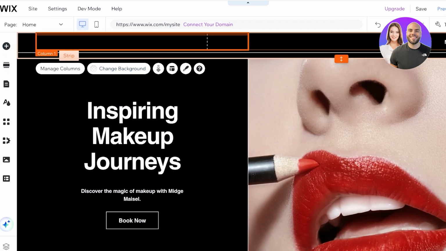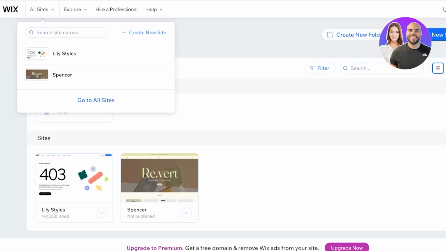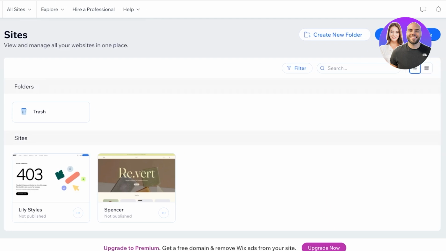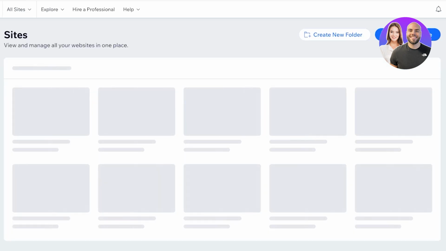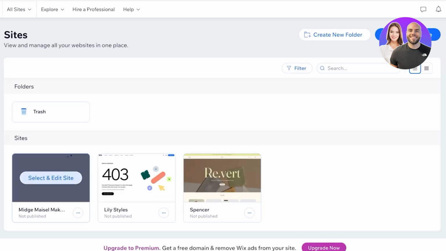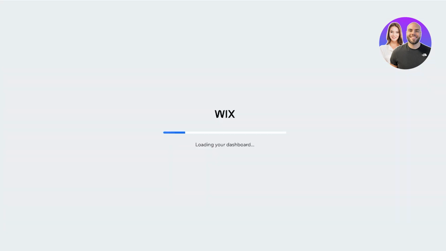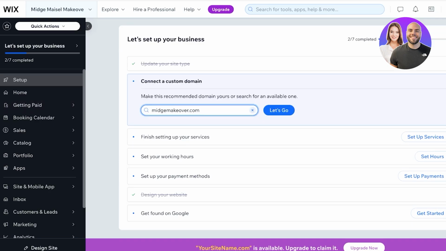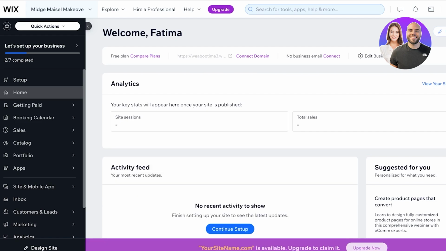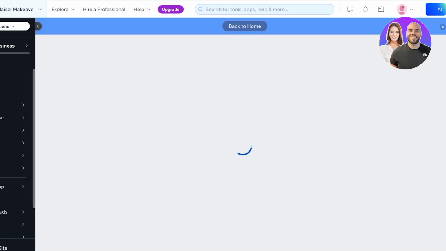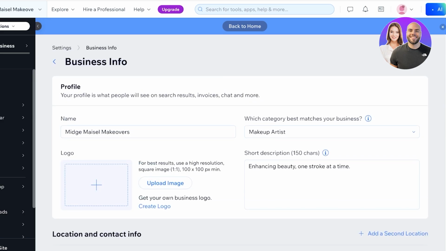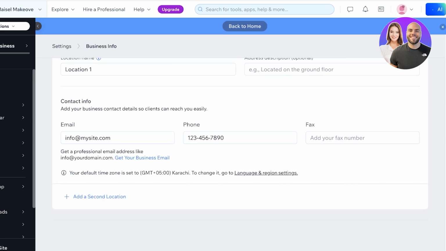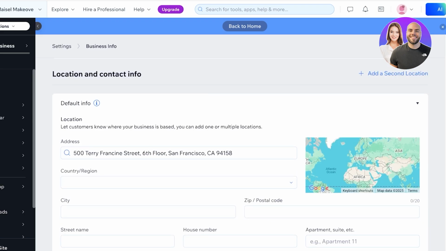To add your logo, now to make this easier, you can actually go into your site dashboard and add the logo over there. What that does is that anywhere where it has a metadata value that your logo should be there, it will automatically add it. So you can go into your basic setup, and in your basic setup, you can go into home page. And once you go into your home page, you have your business information. Make sure to change this as well to make it accurate. And if you scroll down, you have your city, contact info, phone number, second location, all of this information,